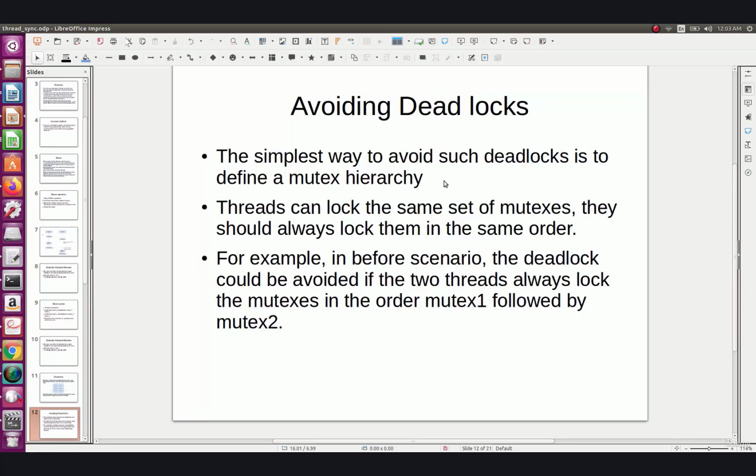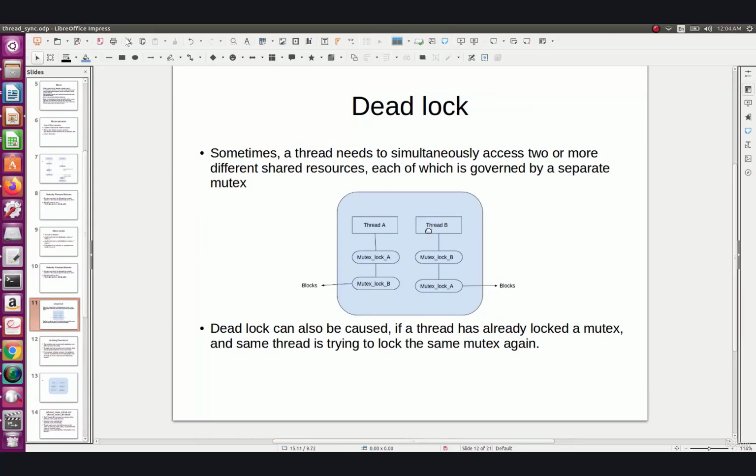Now let's see what methods we need to follow in order to avoid the deadlock. In order to avoid the deadlock, we need to define the mutex in a hierarchical fashion. This means we need to try to have the same sequence of locking on the mutex. For example, in the previous deadlock situation, we saw thread A putting a lock on A, then on B, and thread B putting a lock on B, then on A. Instead of this,